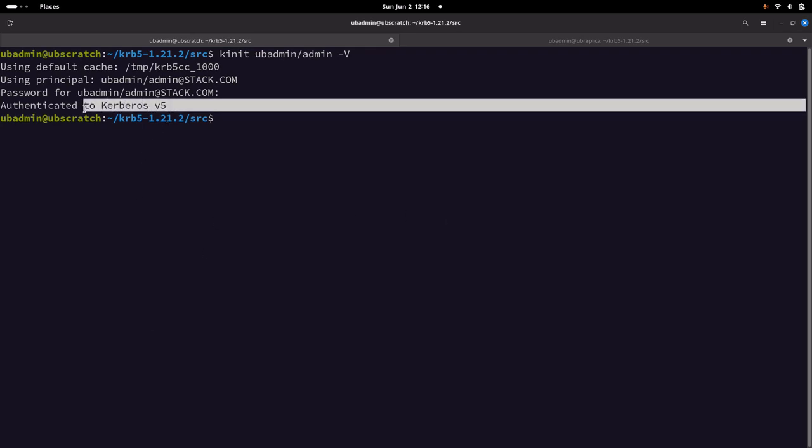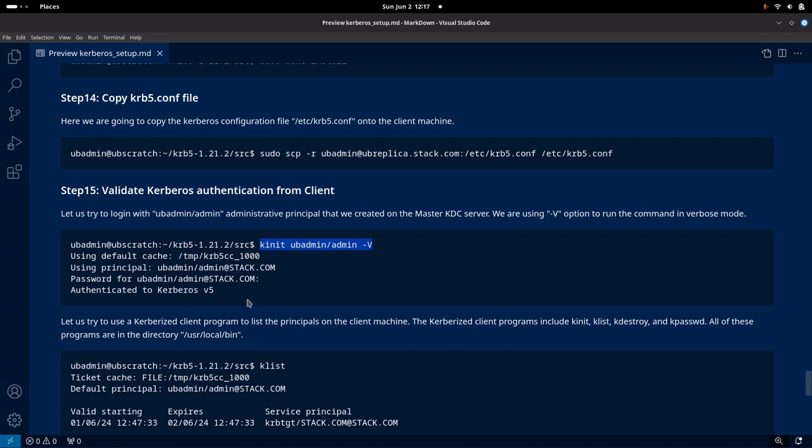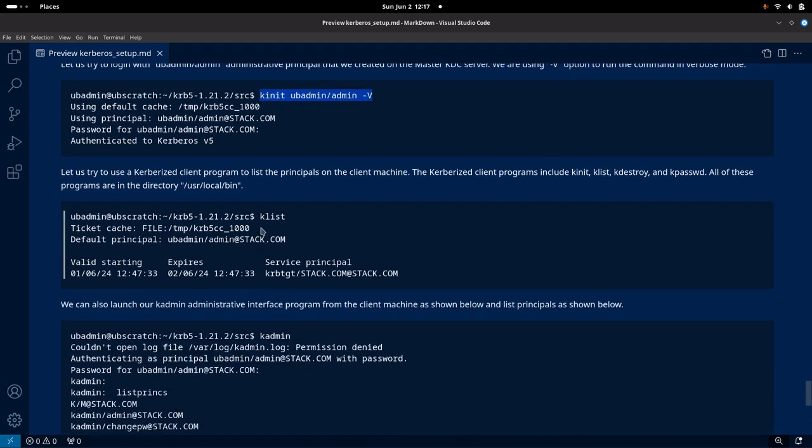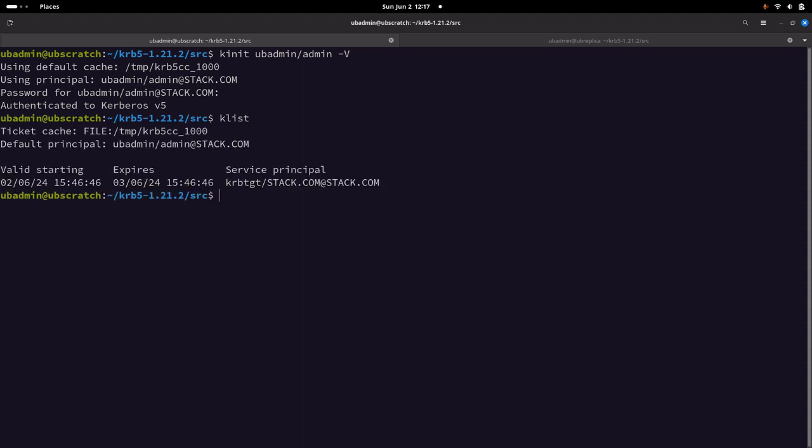As you can see, the principal is authenticated to Kerberos version 5. Once that is done, we can just run this klist command, which is basically a Kerberized client application, which does not ask for authentication again, but it will list the principals that are available or cached on the